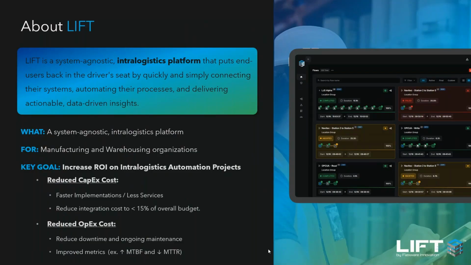And the other thing is, if downtime does occur, we want to be able to alert the proper technicians as quickly as possible. We want to provide them with as much information as they need to be able to drive to root cause analysis and get that thing back up and running as quickly as possible. So if we can reduce that amount of downtime we have, then we're helping to decrease that mean time to repair metric, which is so key in some of the optimization that comes with ongoing maintenance. So keeping those two value points in mind,